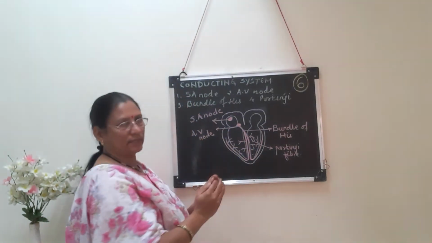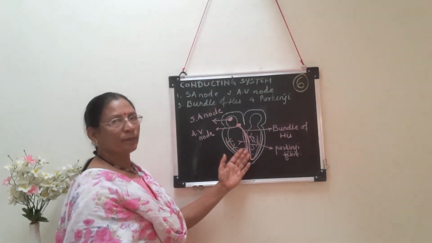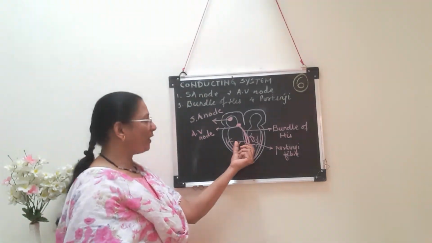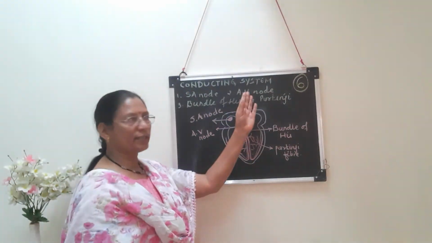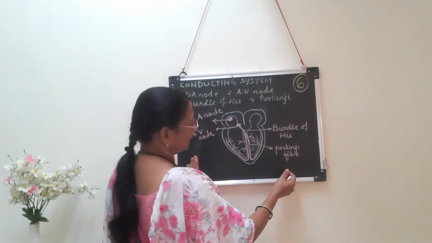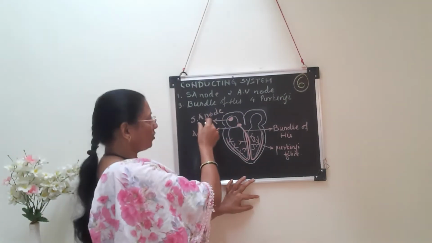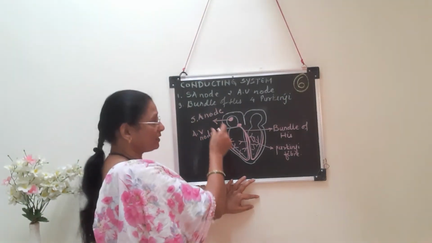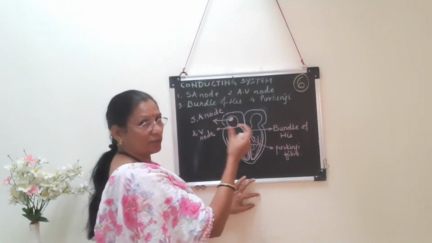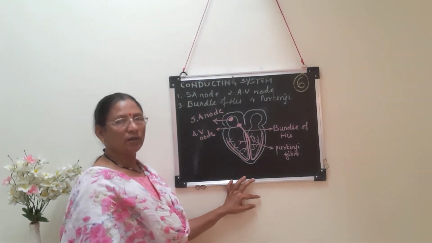So because this wave of contraction spreads over the various parts of the heart, atrial contraction is followed by ventricular contraction, and from ventricular contraction blood flows into the pulmonary artery and aorta. So the conducting system is related with what? It is related with the initiation and conduction of the wave of contraction. Because of that, the systole as well as the diastole of the heart chambers occur, so that blood can be pushed in the forward direction.